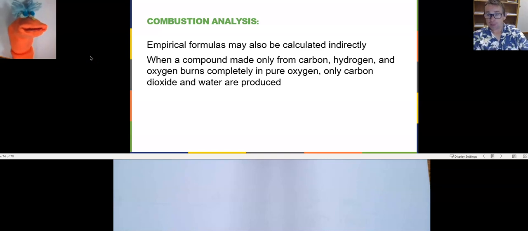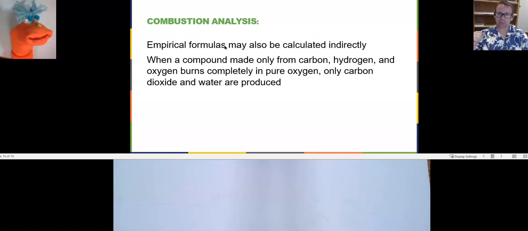Now we're going to introduce you to something called a combustion analysis. Combustion analysis is a way to identify the empirical formula by combusting an organic compound. Do you remember what an organic compound is, Fred? It's a compound that contains carbon and hydrogen. That's right. It can have other stuff like oxygen or sulfur or nitrogen in it as well, but it predominantly contains carbon